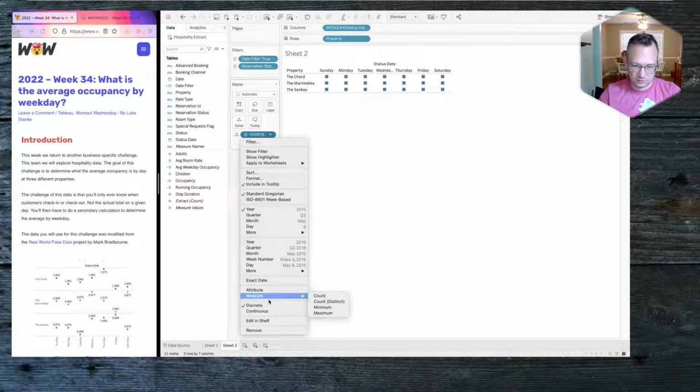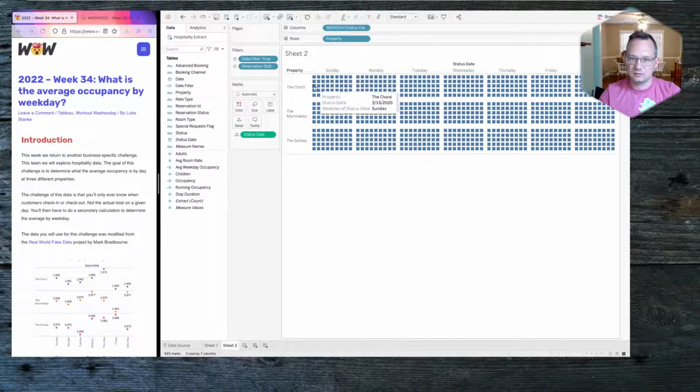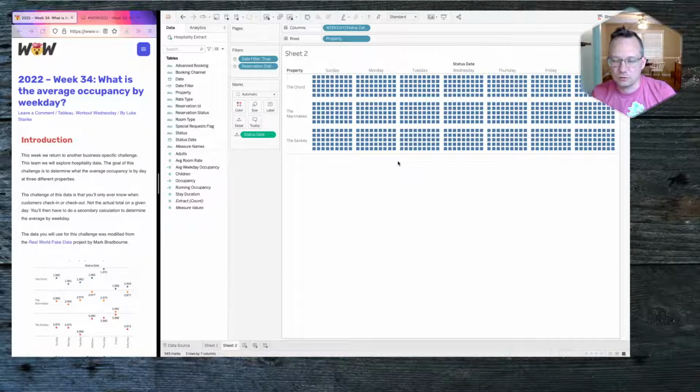So that's going to be the exact status date. And what you can see is that we have 945 marks. A date in here represents every single Sunday at the Cord. Every box in this quadrant is a Wednesday at the Marimekko property. That's how that's working. So now when I do average weekday occupancy,